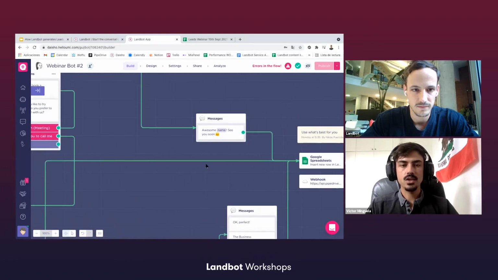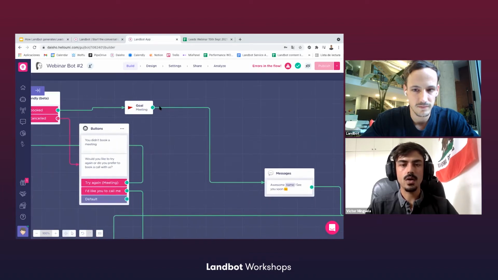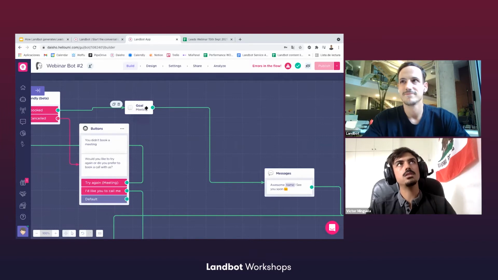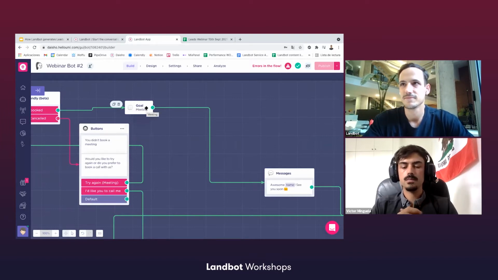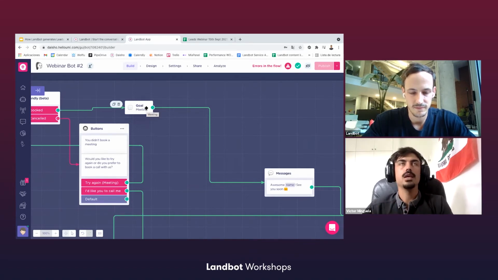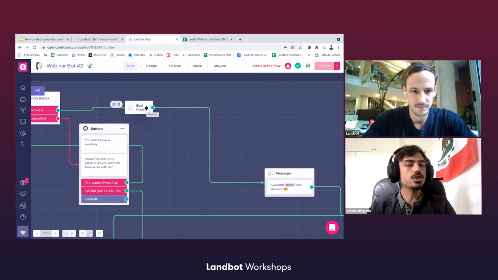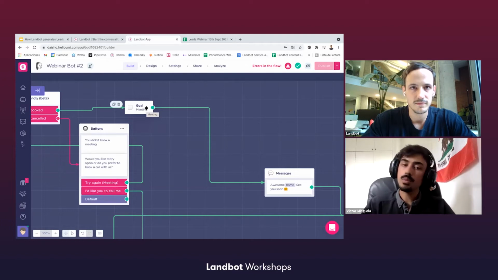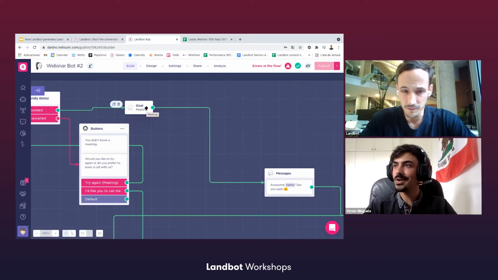So what is this goal feature that I haven't explained yet? I love it because this feature will make a checkpoint within your flow in which you want your clients to get to that goal. And then you can test your bot performance. You can understand how many users came to Landbot and how many users reached the goal you were looking for, and that way you can track that efficiency. This is a really important point. Chris, maybe you want to add something here?